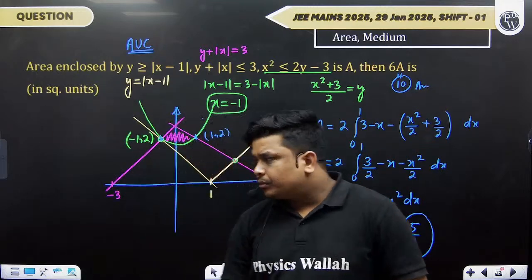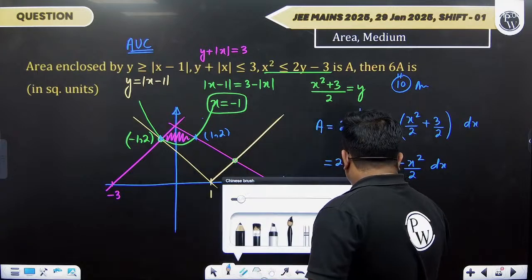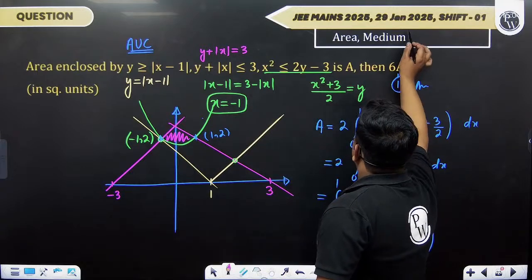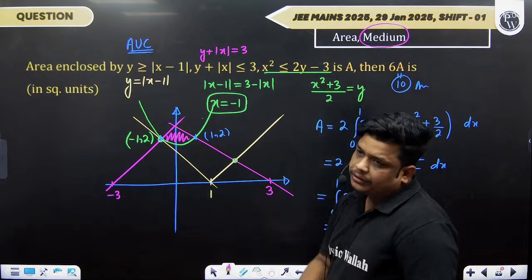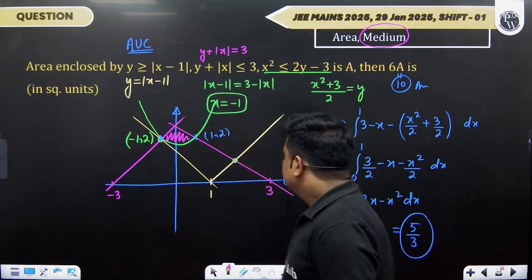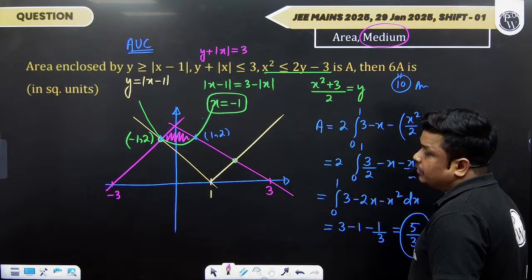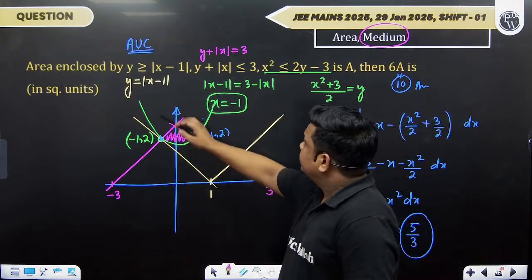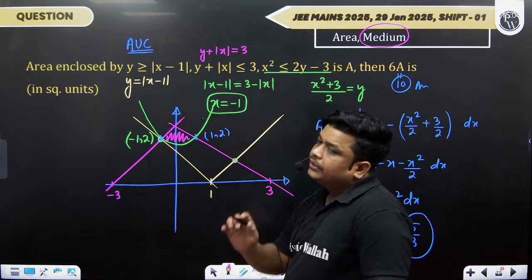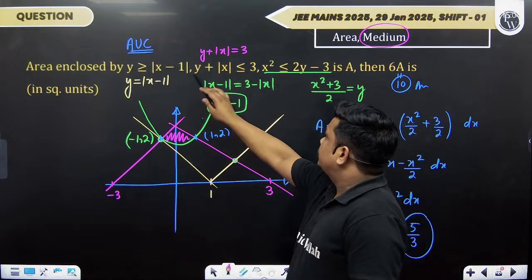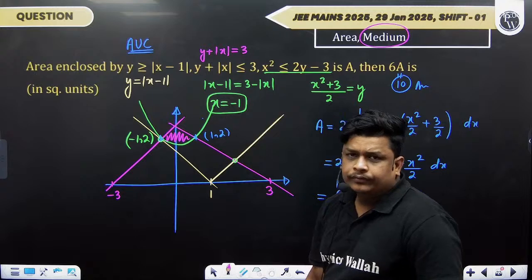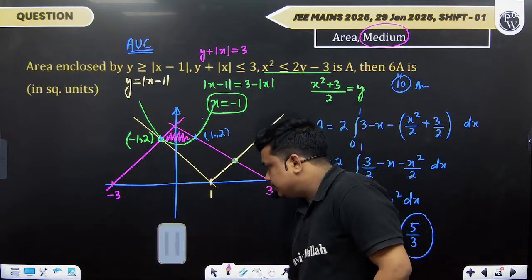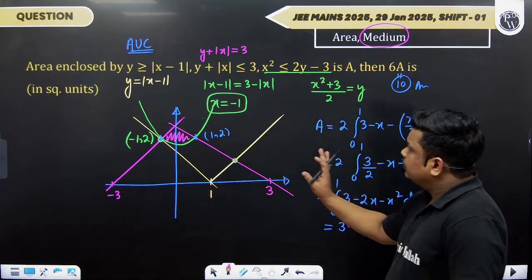Okay. This question seems a little difficult by the language of it. Still it's a moderate level question, because the calculations involved are not very difficult. The integration part involved is not very difficult, but the diagram part is a little bit complicated. We have 3 different types of curves, 2 are moduluses, 1 is parabolic. But if you solve it with caution, you will get to a correct answer.